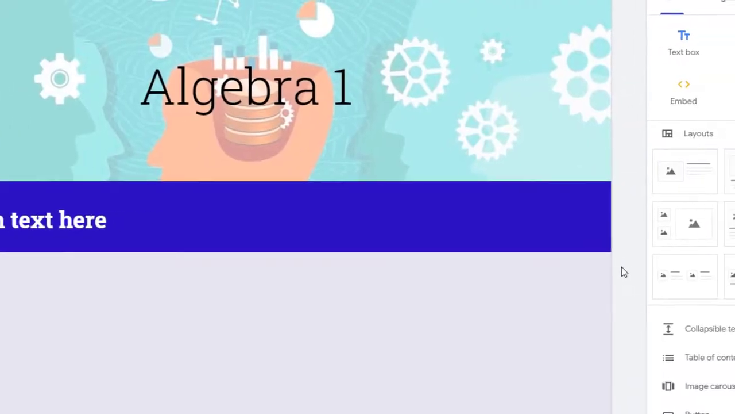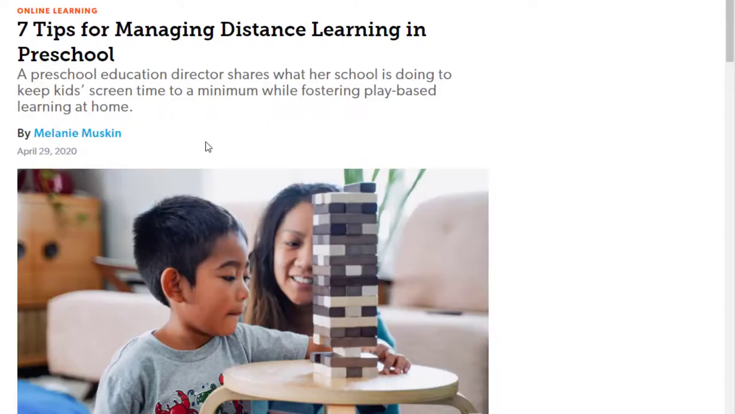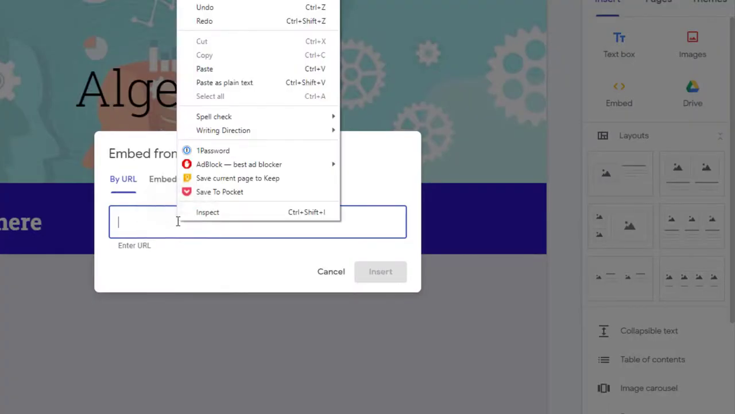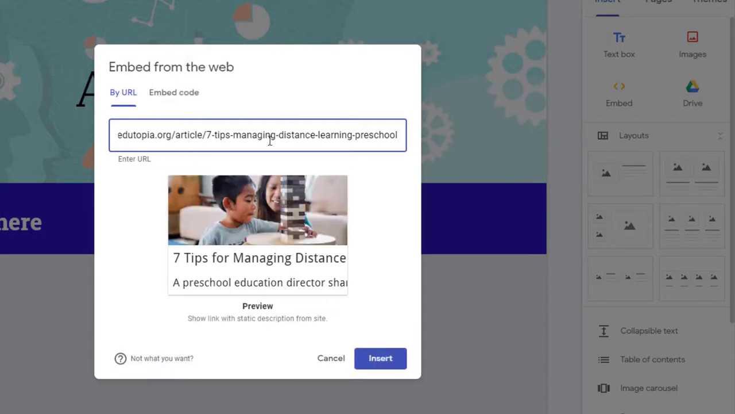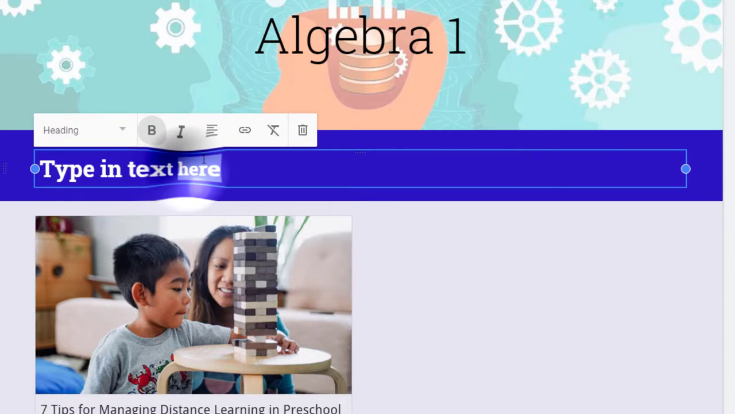The embed is kind of nice if you have a website that you want to share and you want it to look a little bit nicer. So I have this 7 tips for managing distance learning. I have copied that web URL. I can paste that in, and it's going to actually give me a little preview. Sometimes it will offer you a full site, which you don't necessarily need all the time. Again, it's really up to you. You could just use this as a hyperlink in your text. I could have just put it here. But if you want to add